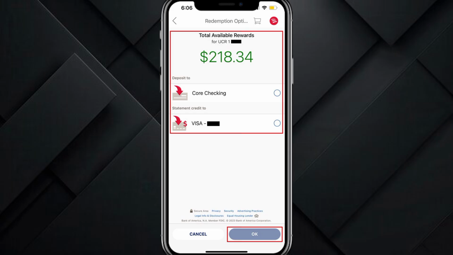Confirm the destination, whether it's your checking or savings account or a statement credit to this card, and verify the amount shown. If you're prompted to agree to terms, read them and then confirm the redemption. You should receive an on-screen confirmation and in many cases an email alert. Posting times can vary. Statement credits often appear quickly, while deposits may take a short processing window to show up